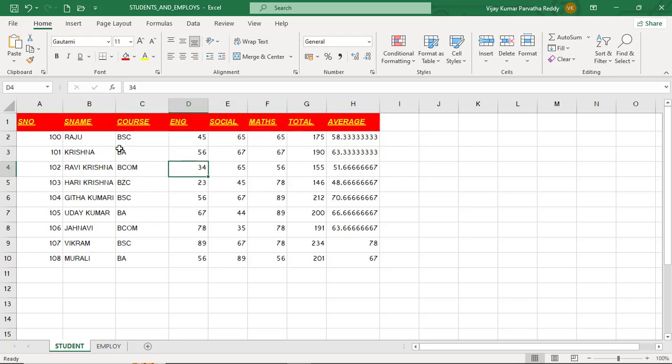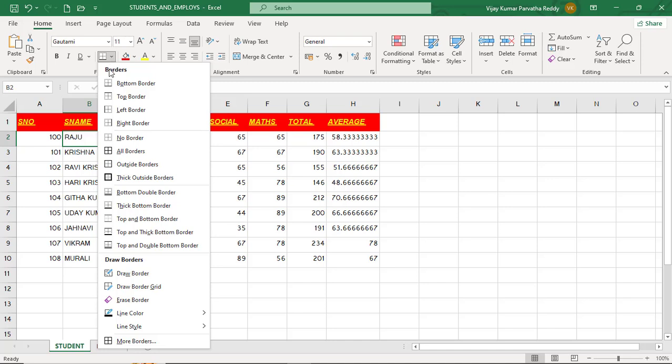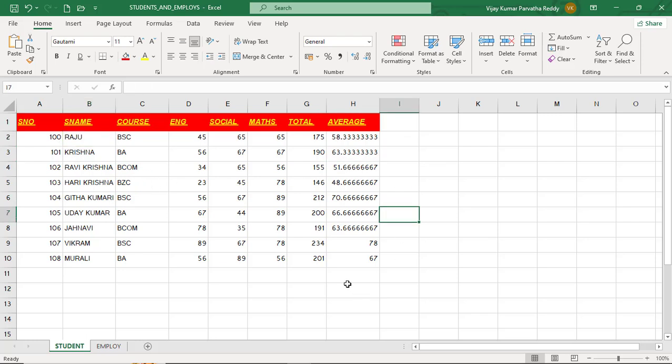Next we have one important option here, that is borders. Borders is very important. Why? Because here we are having cells. If you print the statement, it's not going to print any borders on the paper. So if you want to print borders of each and every cell or a particular cell, suppose this range of cells I want borders. In that case I can select those cells and apply what kind of border you want